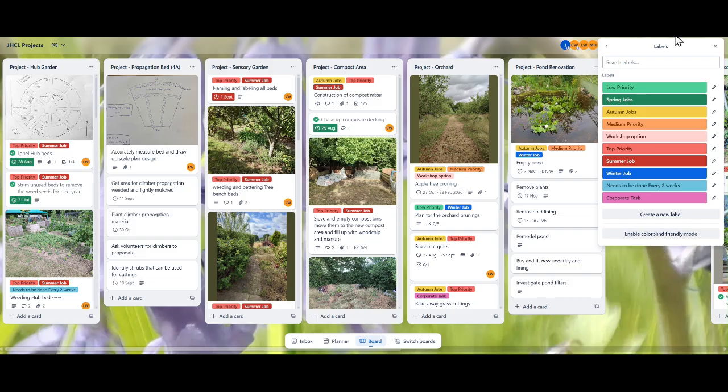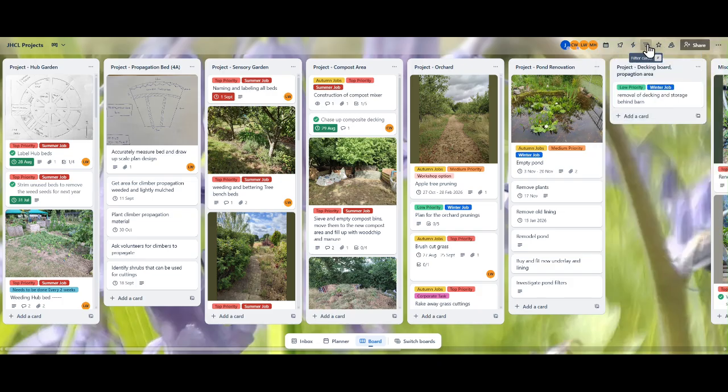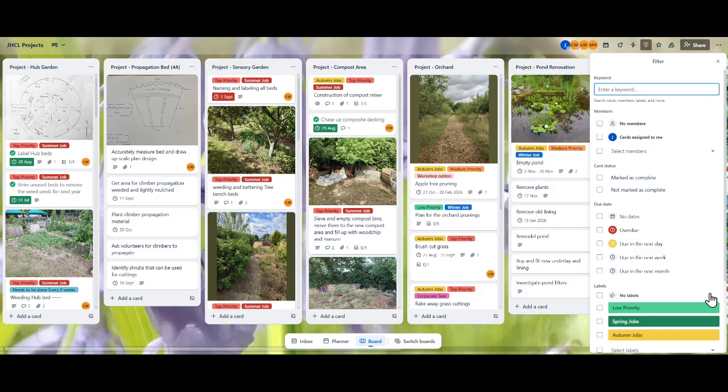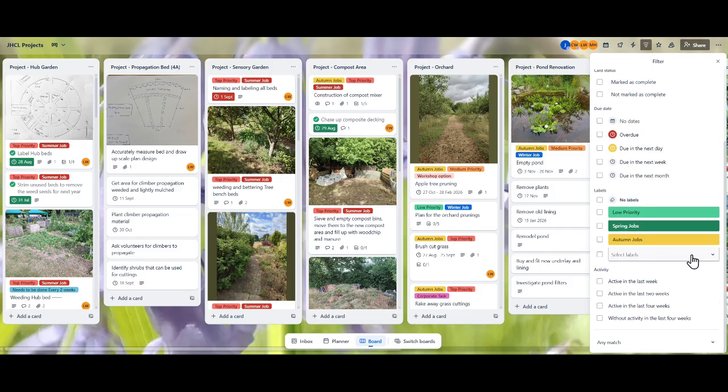So I could actually then, if I wanted to, I could filter. How do I do the filtering? That's the fun part. Filter, and I could filter it by